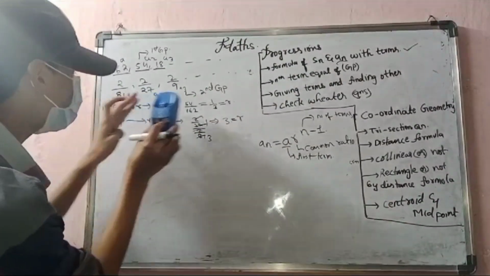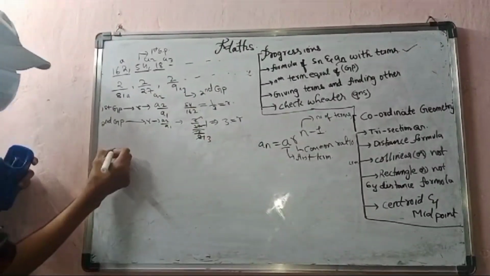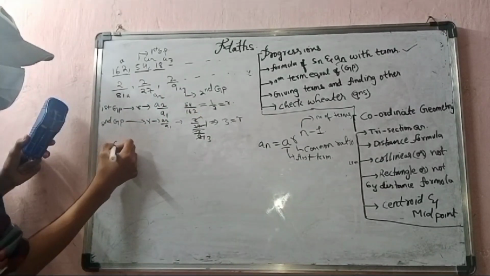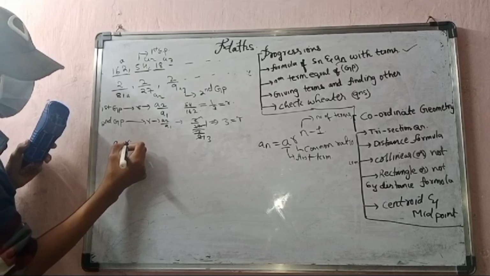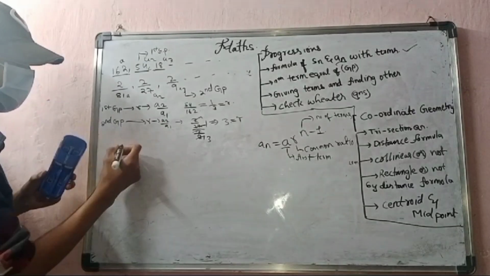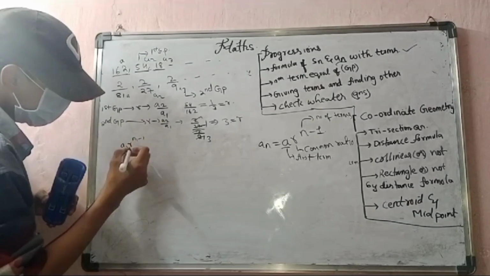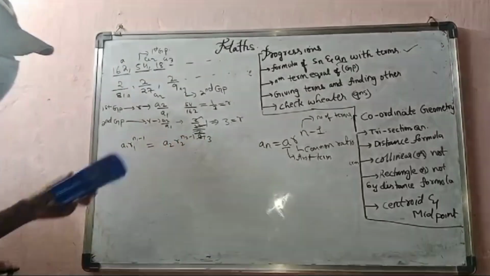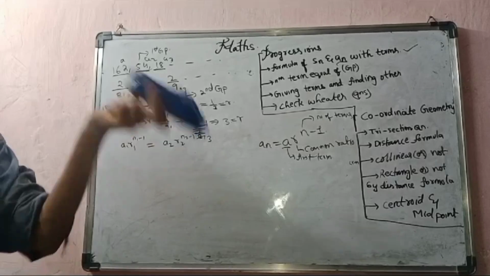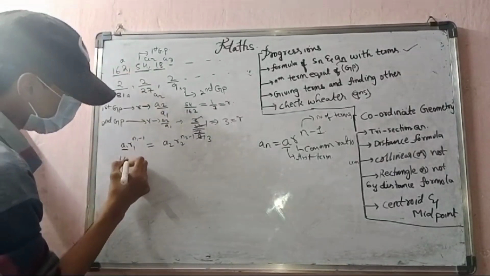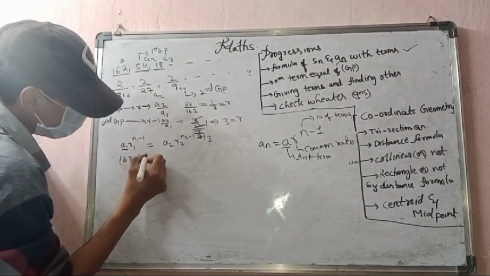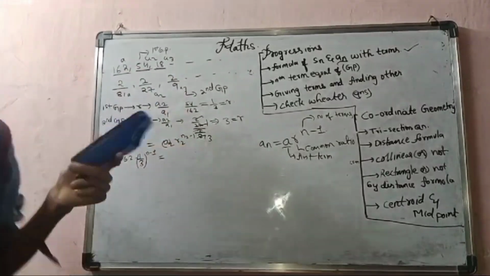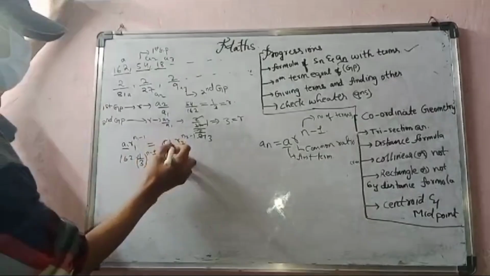Their nth terms are equal. So this nth term is equal to this nth term. For the first GP, the nth term An equals a r power n minus 1, where a is 162. So I will write a1 r1 power n minus 1 equals a2 r2 power n minus 1. Clear? It means the first progression and second progression have equal nth terms. So a1 is 162 into 1 by 3 whole to the power n minus 1, which equals a2. Don't confuse this, I wrote a1 and a2 for explanation. Don't write this in the exam.